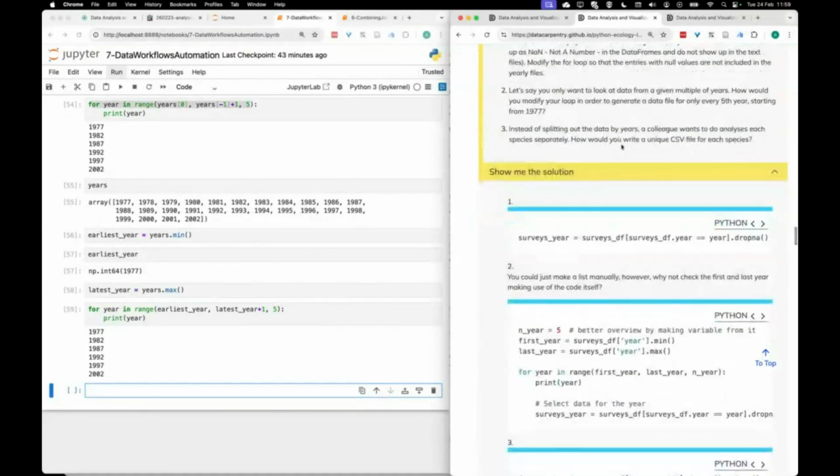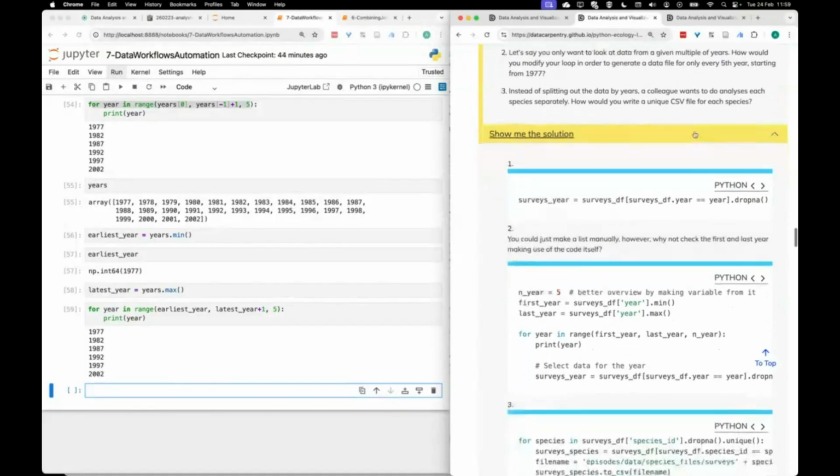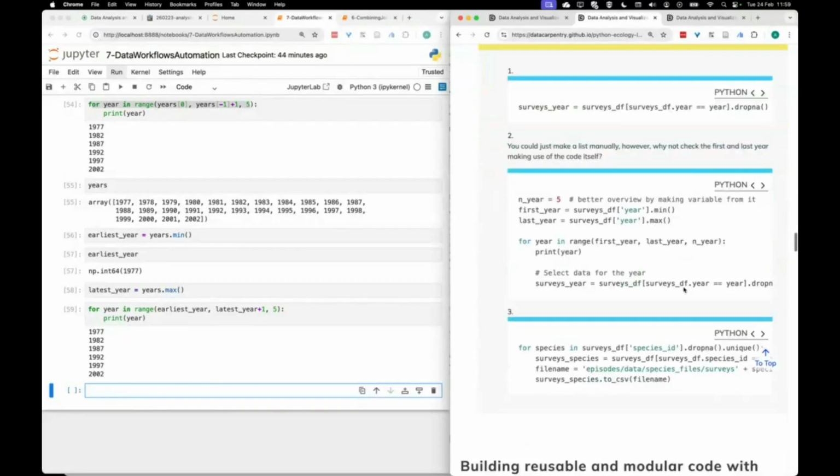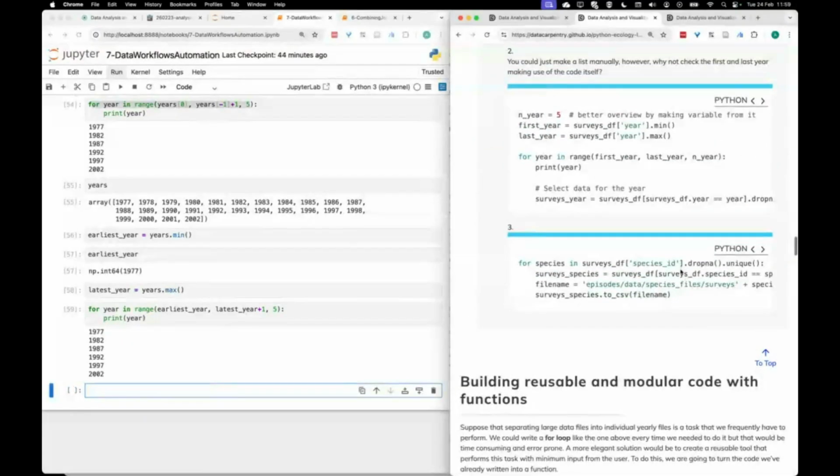Now, finally, instead of splitting out the data by years, somebody wants to analyze each species separately. How do you write a unique CSV file for each species across years with data for all the years, rather than a separate file for each year with data across all the species? Similar idea. Instead of constructing our list of years, we now construct our list of species. Unfortunately, the singular and plural of species is the same word. So this is a species